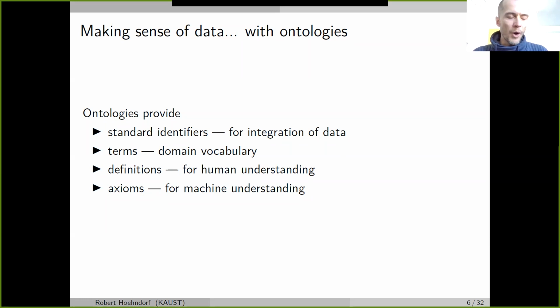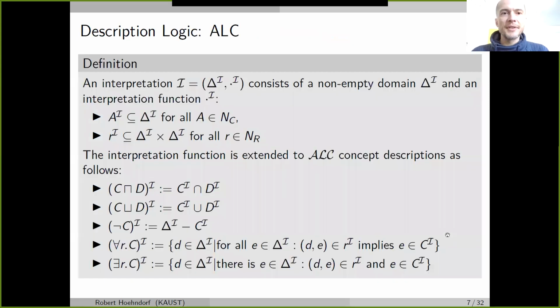And I will talk about one language to express these axioms, which is part of the semantic web and on which most of this presentation and most of the methods that we have built are based, because it's so widely used, especially in biology, but also in other areas where knowledge has to be represented formally. And this language is based on description logic. So this is a standard definition of just the semantics of a description logic language. So essentially we have unary predicates, or we call them concepts. This is A, and this is the standard definition of the semantics of a first order language.